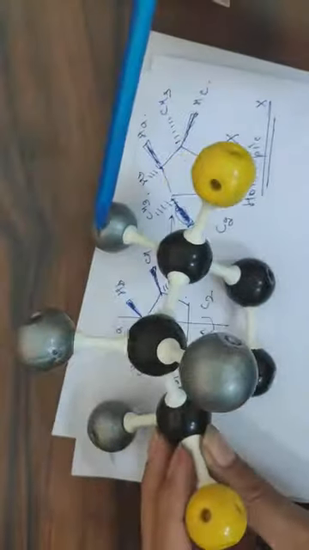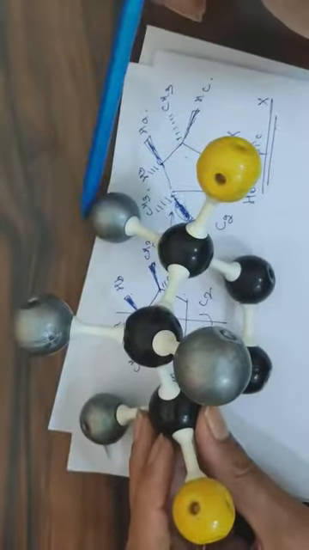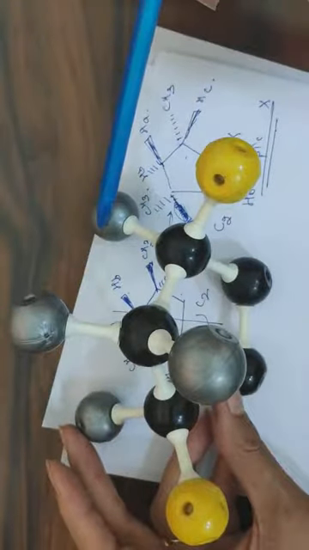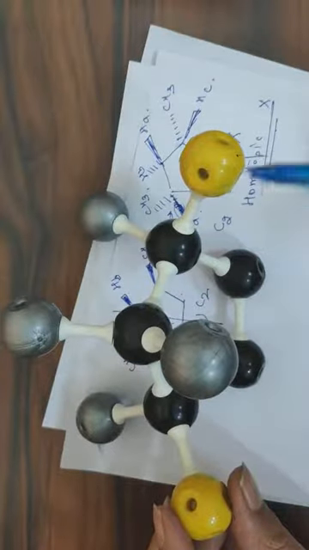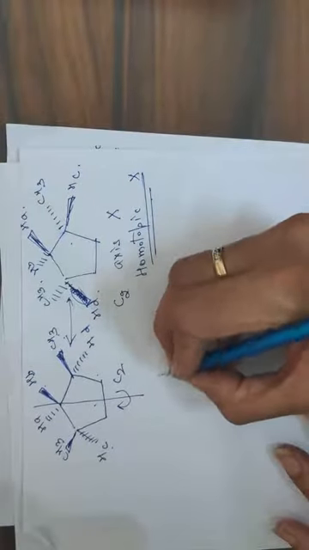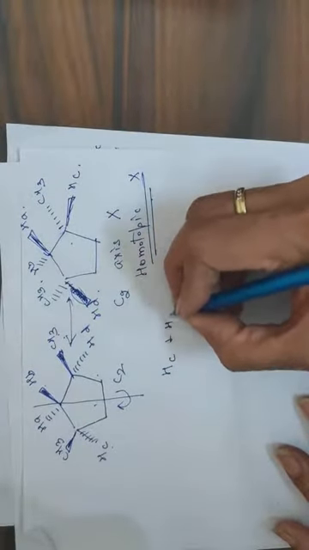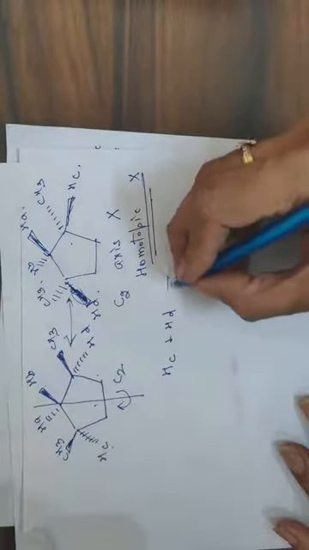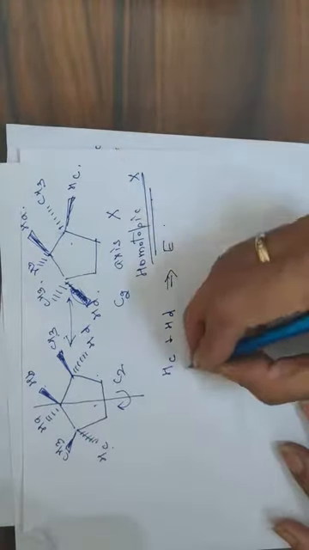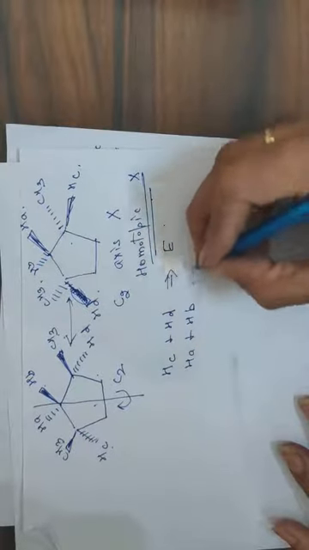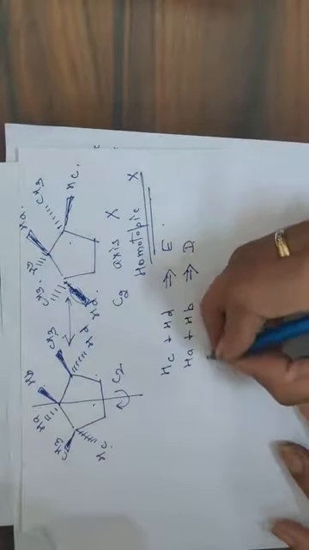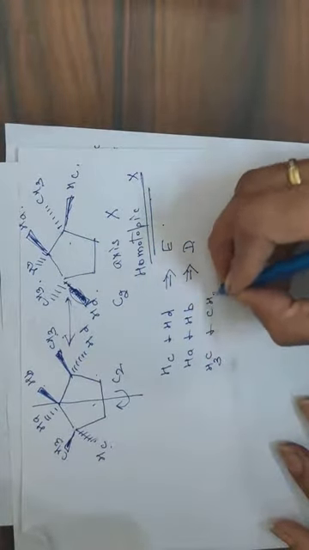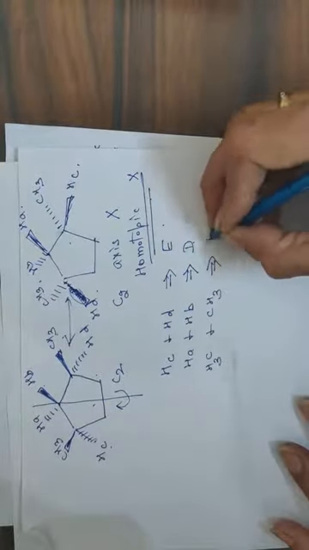This hydrogen and this hydrogen are reflected by the plane of symmetry. So the relationship between this and this hydrogen is enantiotopic. This methyl group and this methyl group are also reflected by the plane of symmetry, so these are enantiotopic in nature. So HC and HD, since these are reflected by the plane of symmetry, are enantiotopic protons. HA and HB are bisected by the plane of symmetry, so these are diastereotopic protons. Both the methyl groups are also reflected by the plane of symmetry, so these will be enantiotopic.